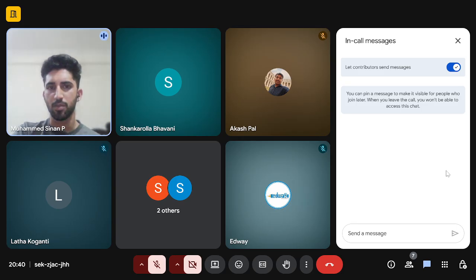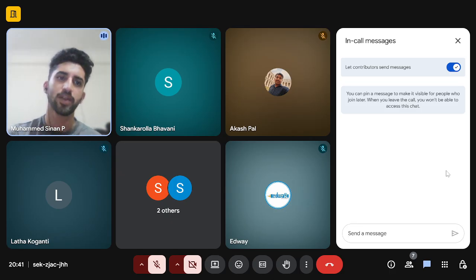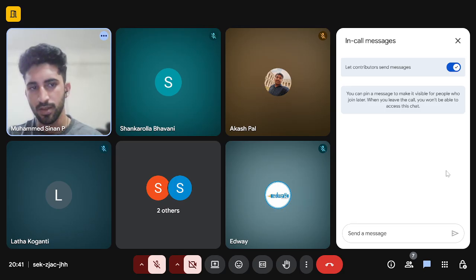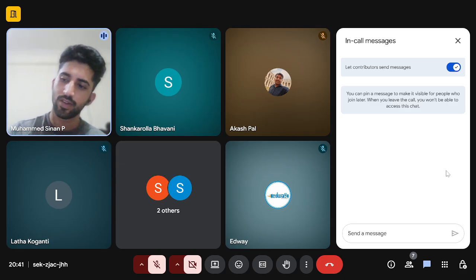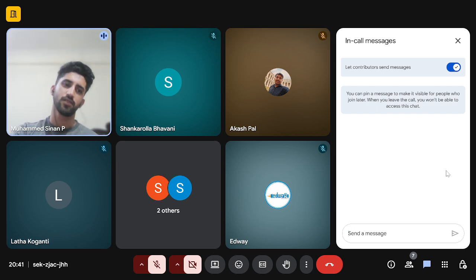Anybody has any idea about what formatting tags are? See, it's always okay to not know a thing, because nobody is an expert here, including me. Nobody is going to know everything. It's always nice to acknowledge it when you don't know something and say that you don't know, and there is no shame in that.